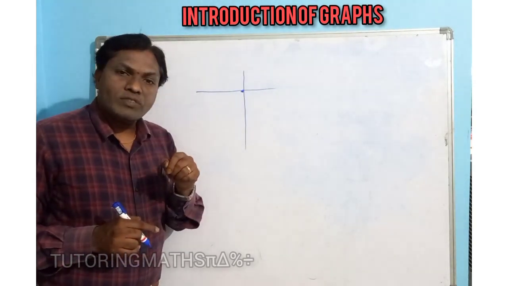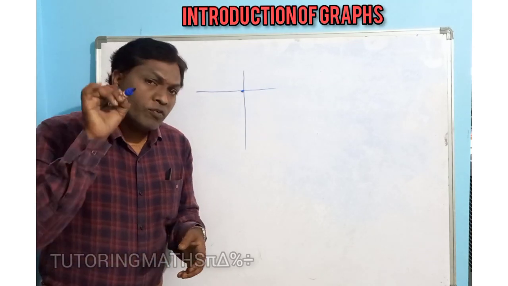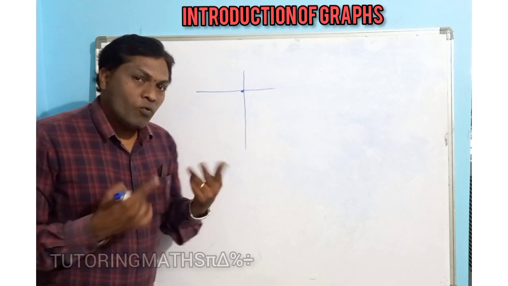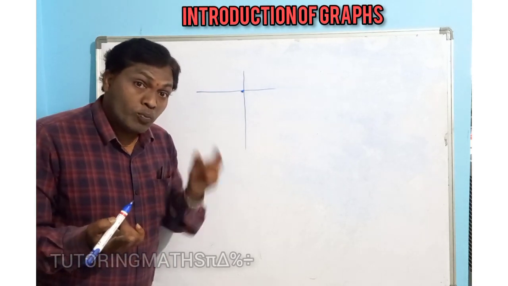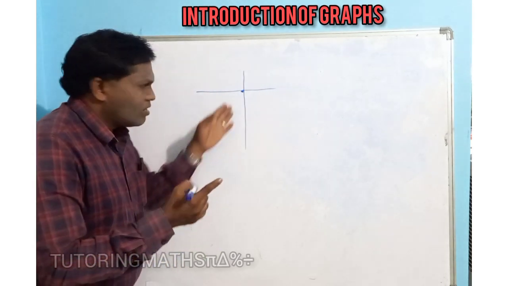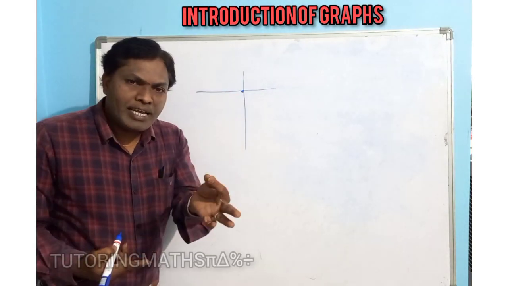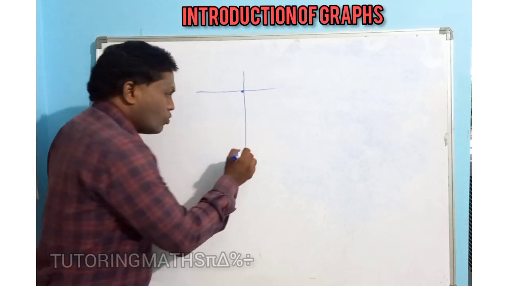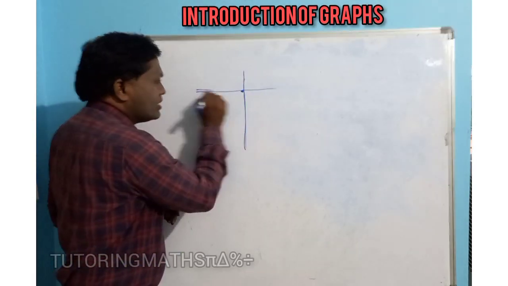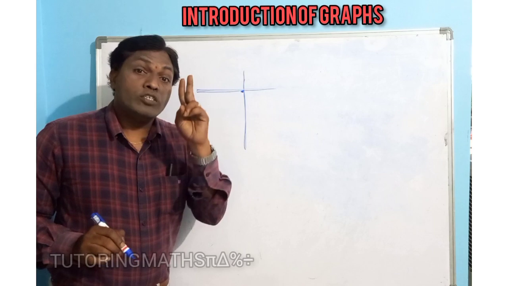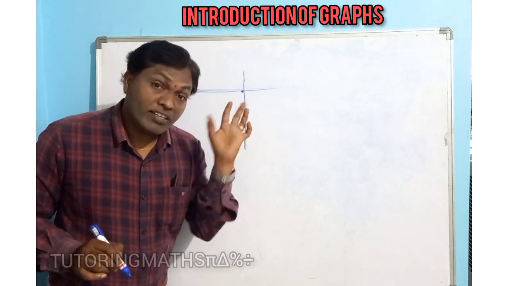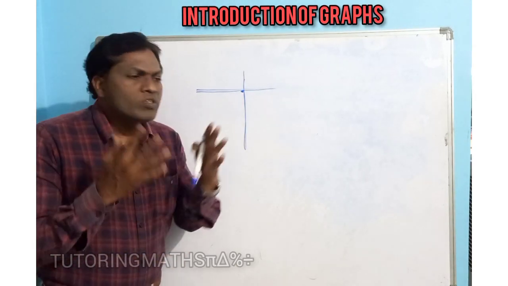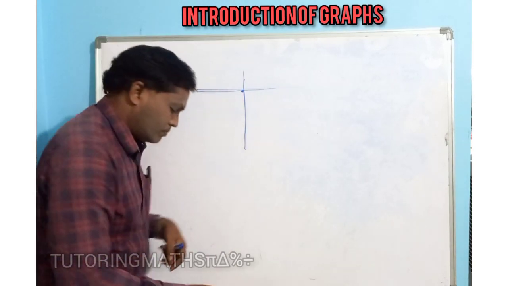So in a graph also, if you want to plot a point, we require two values. Why do we require two values to plot a point on the graph paper? Just now we have discussed: a point can be formed with the help of two lines, one vertical line and one horizontal line. So this is the first value and this is the second value. So we need two values to plot a point on the graph paper. Okay. Now let us see how the graph paper is going to be formed.